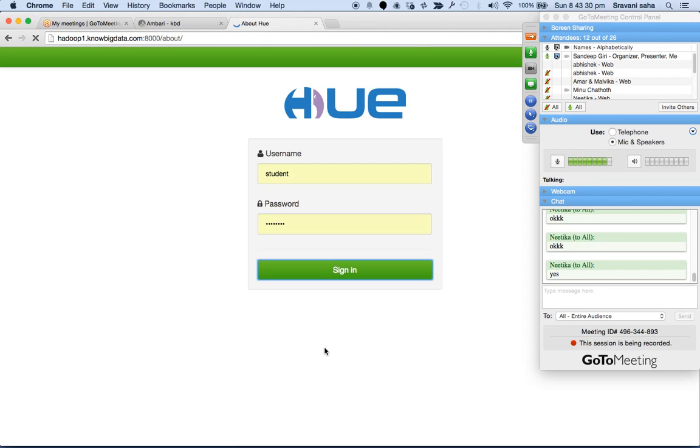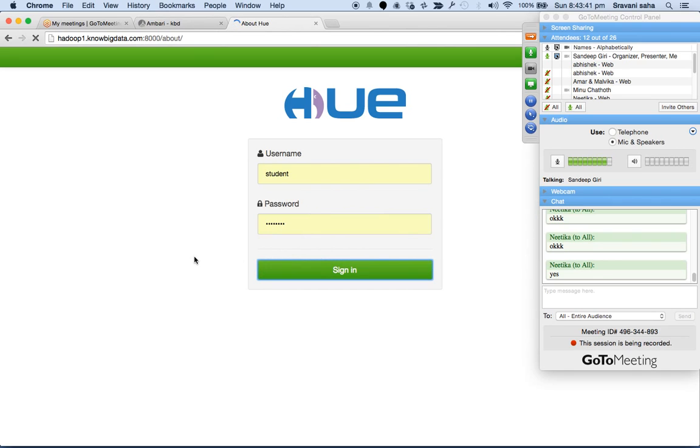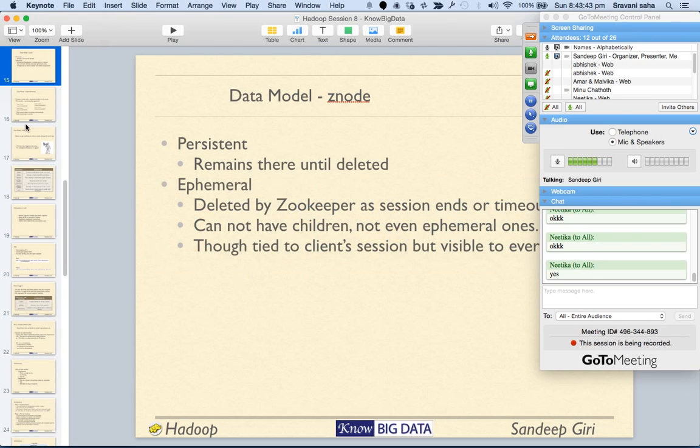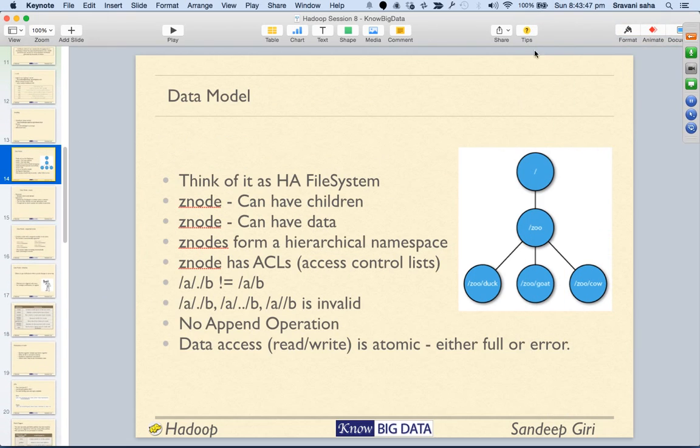So the way you interact with the Zookeeper is somewhat like you interact with the file system. You see what all nodes are there. The basic difference with respect to the file system is that the model is everything is a Z node, or Znode as we call it in India. So everything is a Znode, and the topmost node is slash, which is by